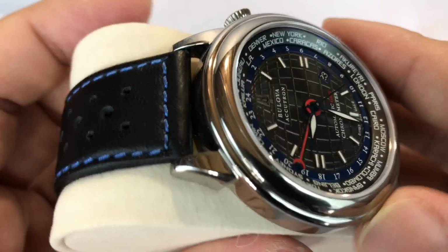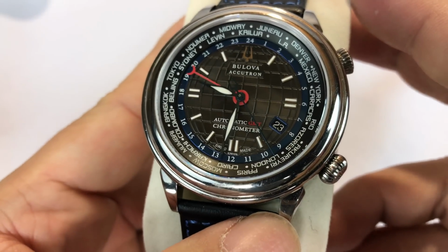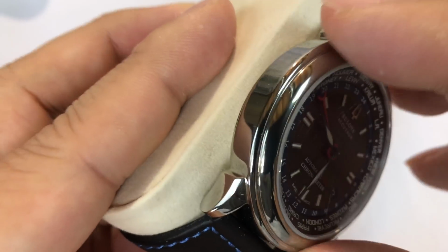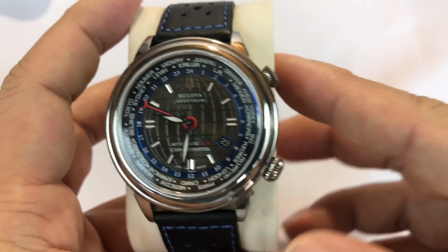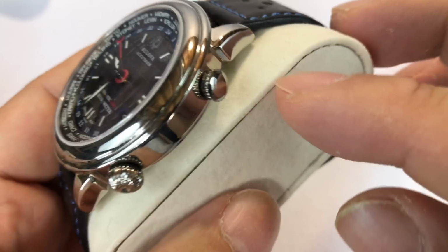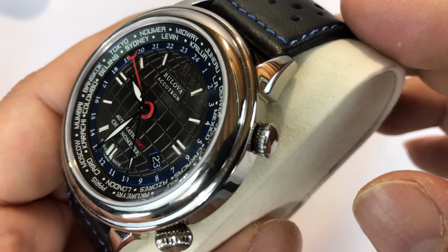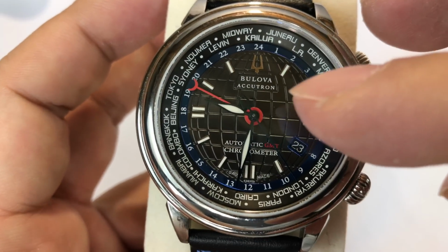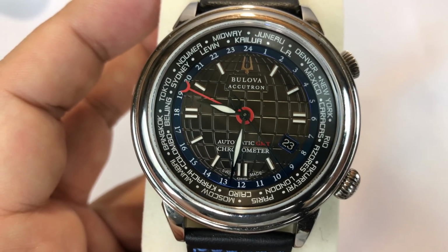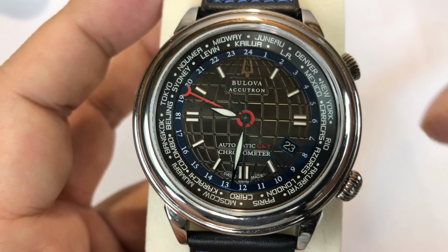It's a polished titanium case, which is really tough to do, but it makes the watch nice and comfortable to wear. It's not overly heavy. You would think it is. I think this is about 47 millimeters, or I think it's 45 millimeters, I believe. And just a really nice watch. The lugs here are very typical Bulova Accutron style. I actually thought the Accutron name here was a little bit of a misnomer in terms of where Bulova's going, and I can't remember what they call it, but not precision quartz, but something like that,